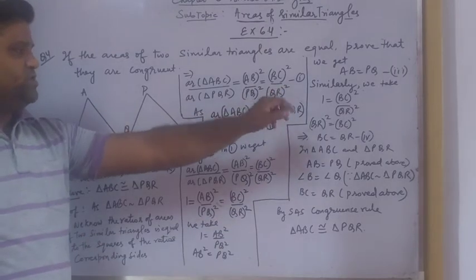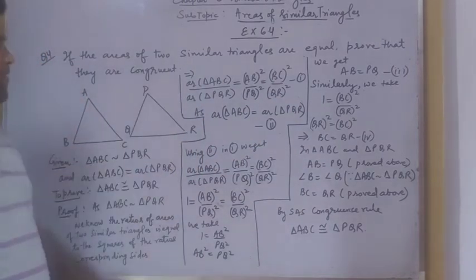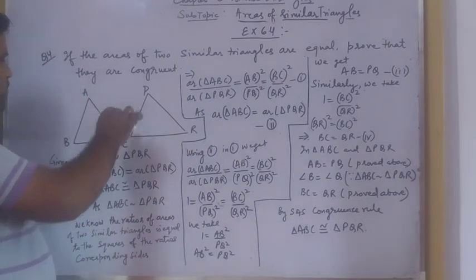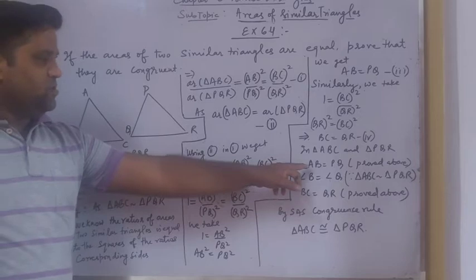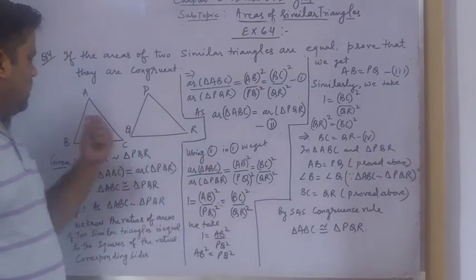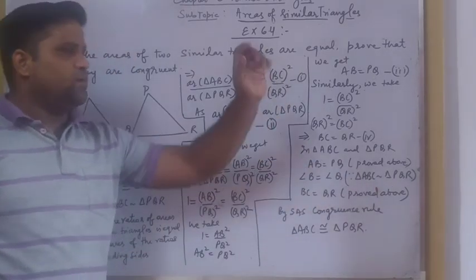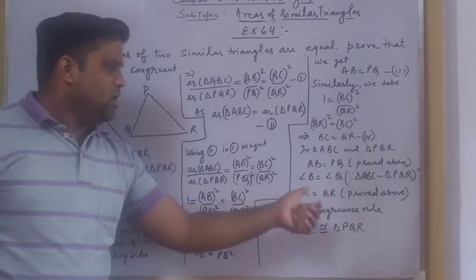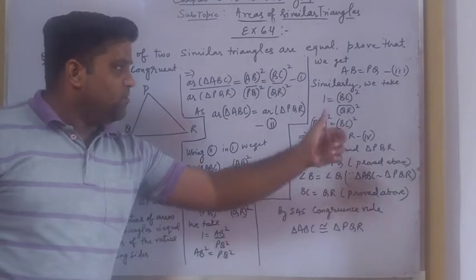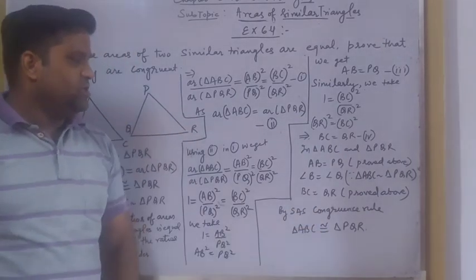Similarly we take 1 equal to BC square by QR square, and on solving we get BC equal to QR, and we consider it as equation number 4. Now as we have to prove triangle ABC is congruent to triangle PQR, let us come to these two triangles, in triangle ABC and triangle PQR. We have proved above that AB equal to PQ. Similarly here angle B equal to angle Q, because triangle ABC is similar to triangle PQR, so by CPST, corresponding parts of similar triangles are also equal, so angle B equal to angle Q. And we have proved that BC equal to QR, proved above from equation number 4. So by SAS congruence rule, we can say that triangle ABC is congruent to triangle PQR, which is the question number 5.